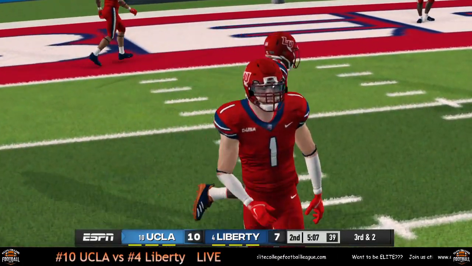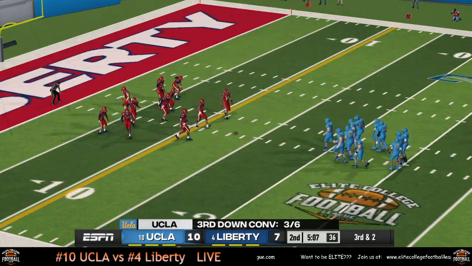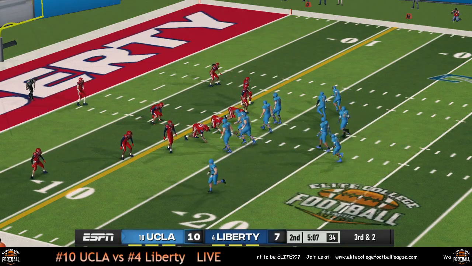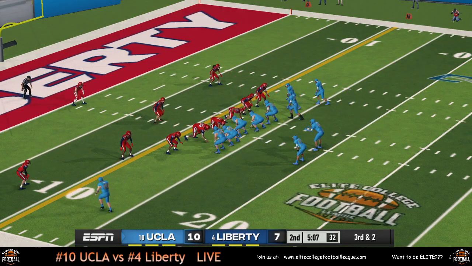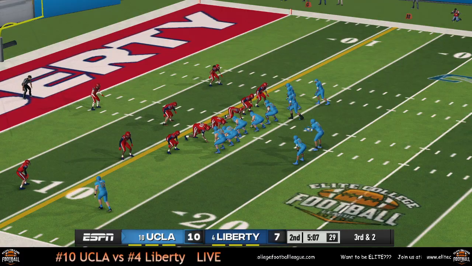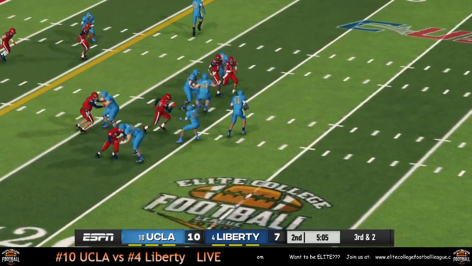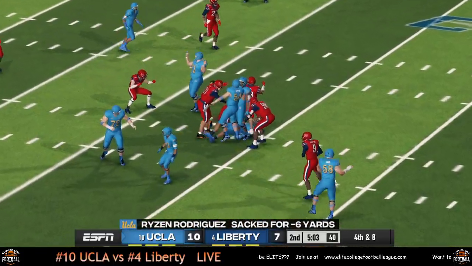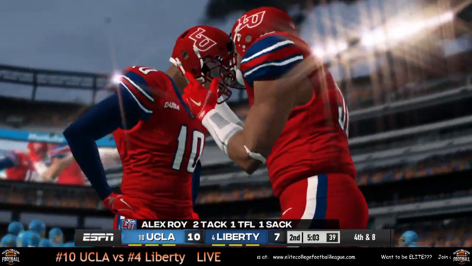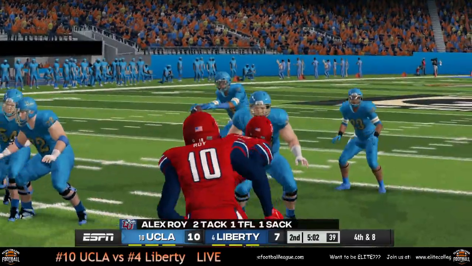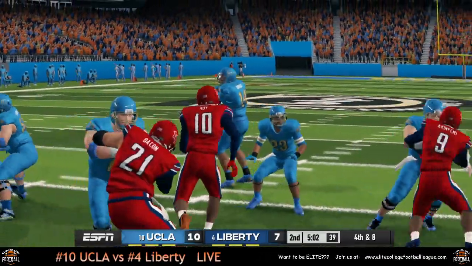It's going to bring up 3rd and 2. He's going to bring it down and run, but he's sacked for -6. Brings up 4th and 8 for UCLA.